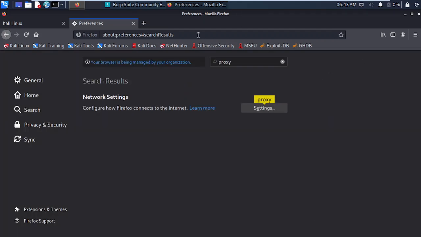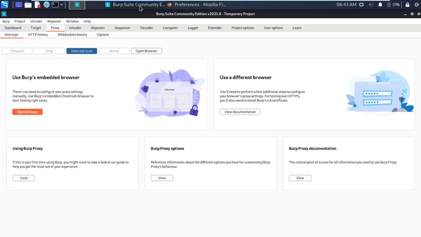And now Firefox will use that address as the proxy, which is where Burp Suite is listening for all web traffic. So going back into Burp Suite,